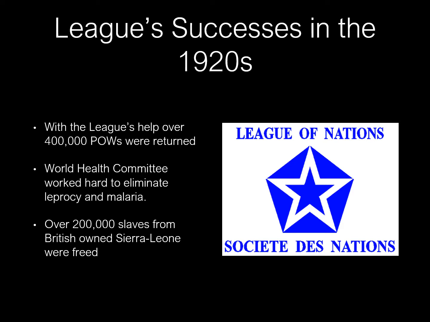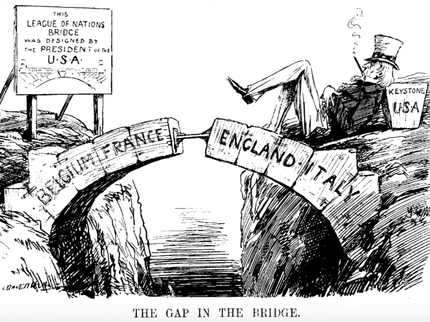The World Health Committee, which is now the World Health Organization, worked hard to eliminate diseases such as leprosy, malaria, and people who were enslaved in certain colonies were set free. But one of the main problems with this, the League was not part of every country, as we saw on the previous map. And one of the main countries that was not a part of the League was the United